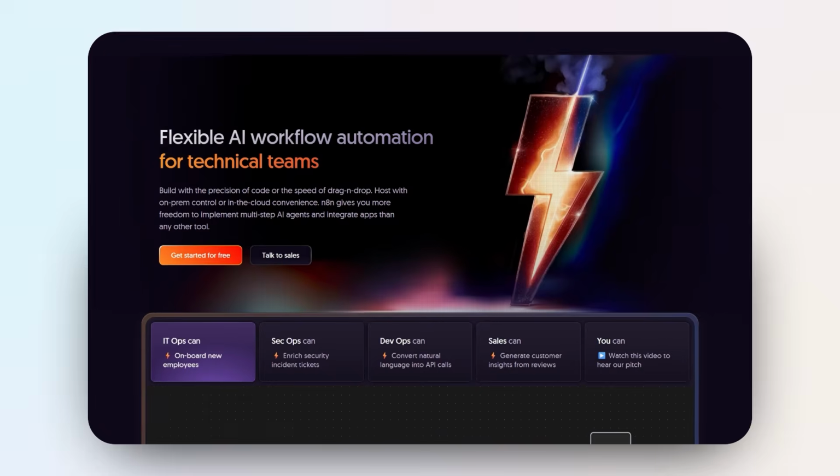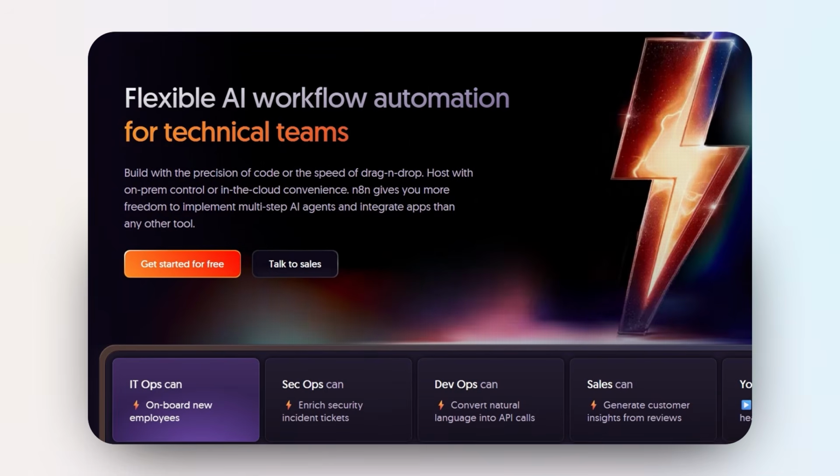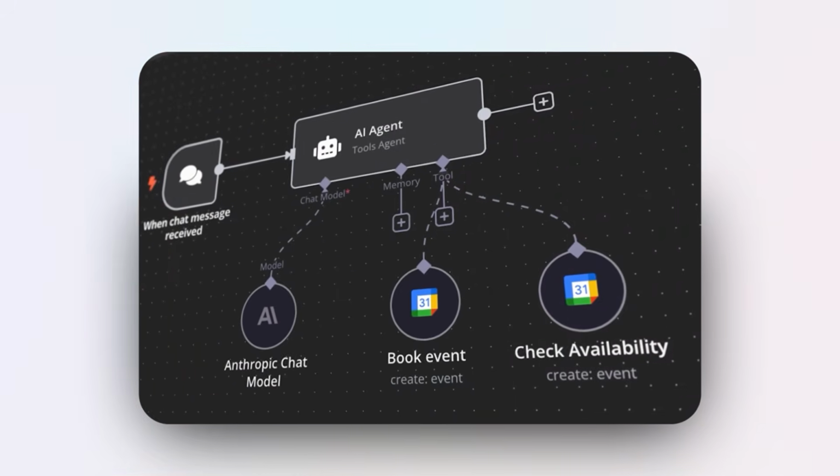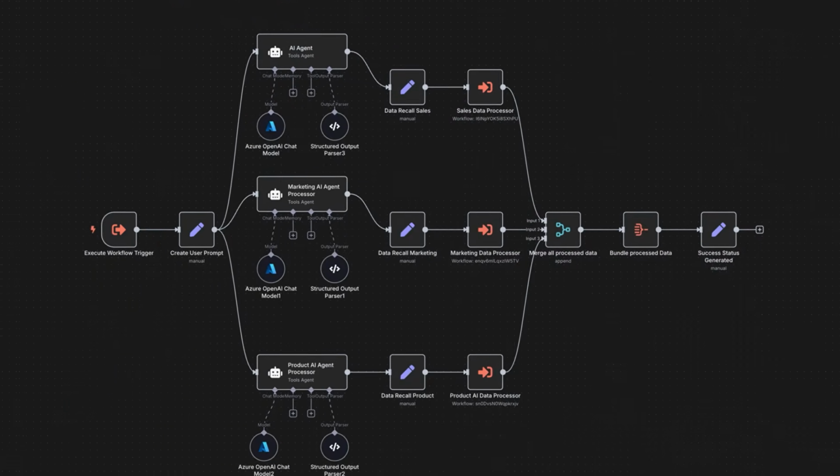If you're new to it, n8n is an open-source automation platform that lets you connect apps, APIs, and AI models together, visually. It's like building your own mini AI system using simple drag-and-drop nodes. Whether you're automating emails, connecting chatbots, or orchestrating full-blown AI workflows, n8n makes it easy to go from idea to